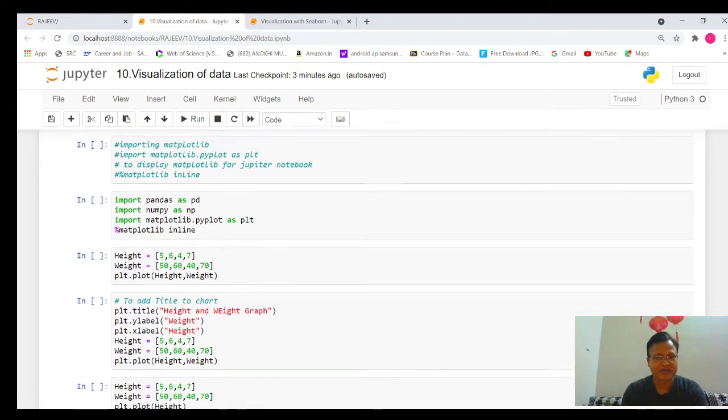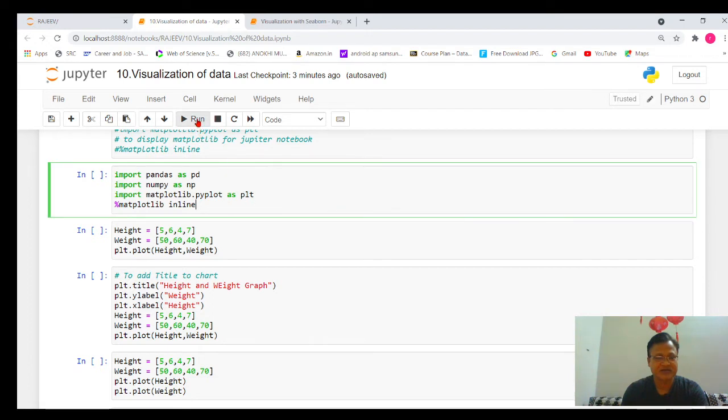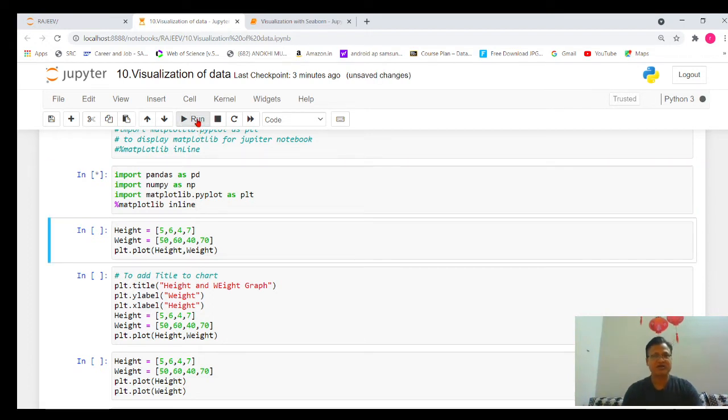So let's go to the practical part. As I mentioned, import pandas as pd, import numpy as np. If you want to perform some operations, you can import them; if you don't want to, you can leave them out. But for visualization, import matplotlib.pyplot is compulsory, and similarly %matplotlib inline is also compulsory. The reason I have already discussed in the above section. So let's execute that part so that the import takes place. Now all the libraries have been imported in our program.